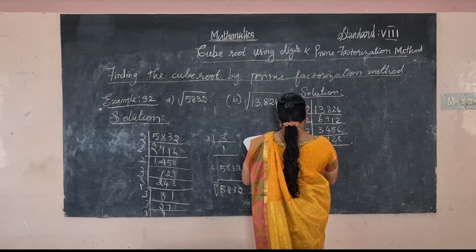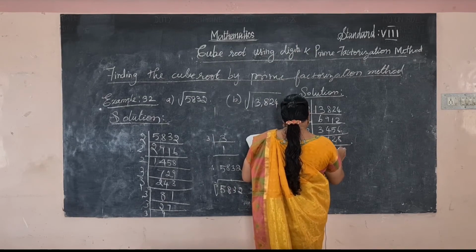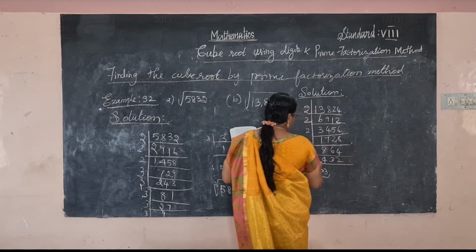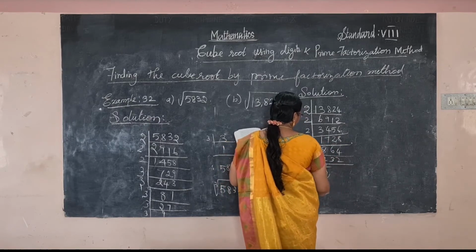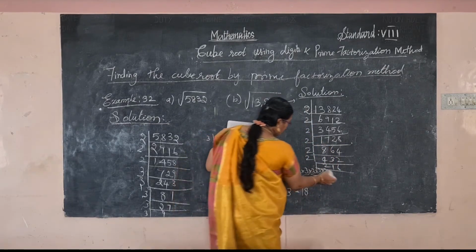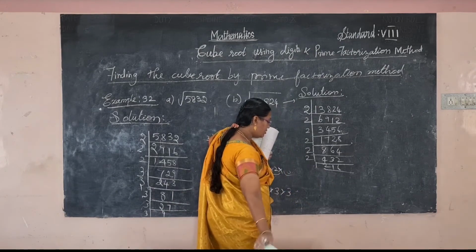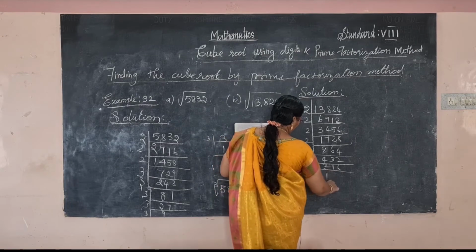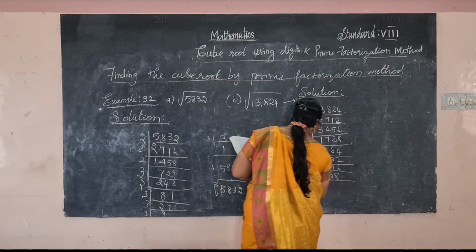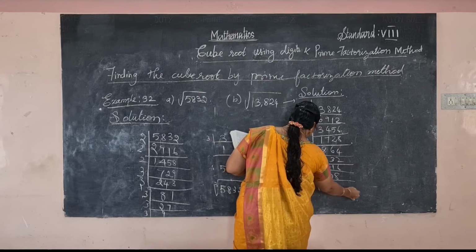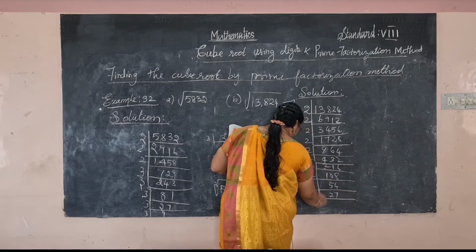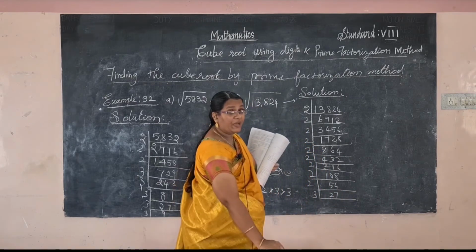2 8s are 16, 2 6s are 12, 4s are, again 2 table, 4 2s are 8, 4 3 2 3s are 6, 2 2s are 4, again 2 table 2. 2 ones are 2. 2 is not possible to divide, 2 5s are, 4s are, 2 2s are 4, 2 7s are 14, 3 table 27. 27 is not possible to divide by 2, so move to the next